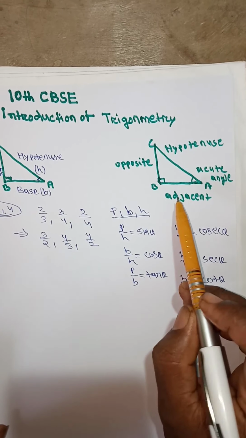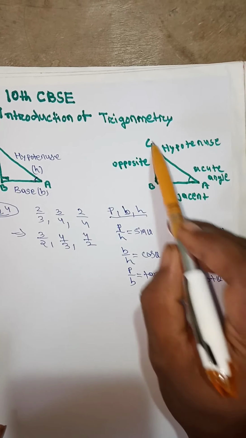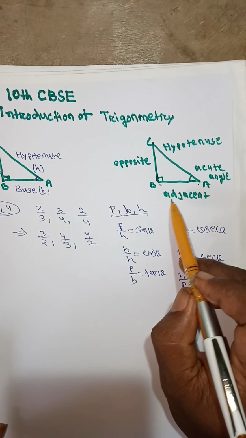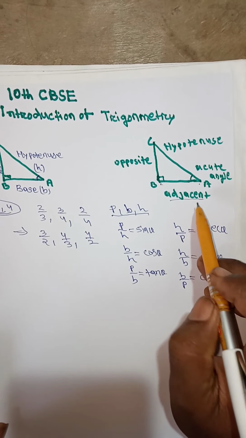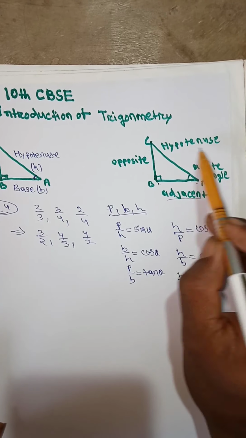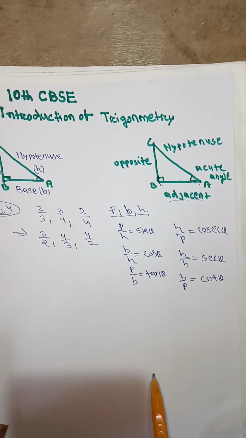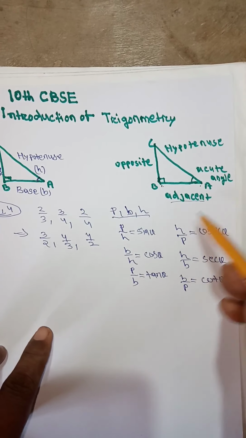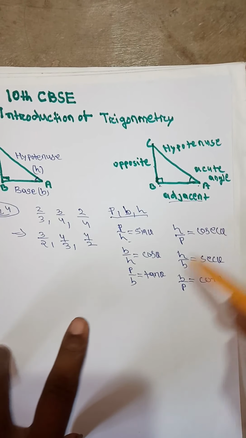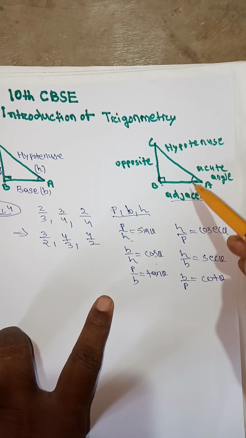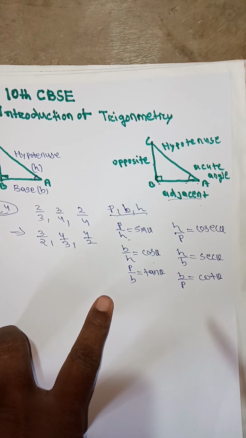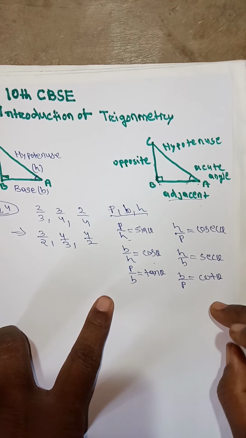Now in another way you can write. Suppose in the triangle ABC, B is a right angle and A is the acute angle, and this side AB is the adjacent side of angle A, and this side BC is the opposite side of angle A, and that is the hypotenuse H. So you can write in this way: sin theta equals P by H, opposite by hypotenuse, cos theta is B by H, equal to adjacent by hypotenuse, tan theta equals opposite by adjacent, like this the other three ratios.